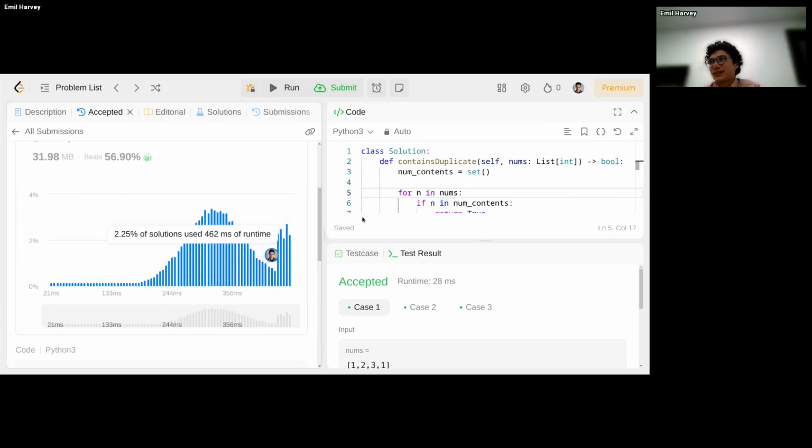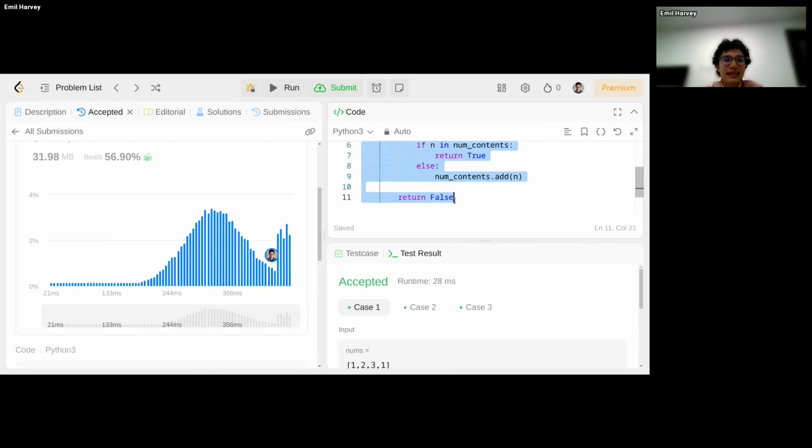Some guy thought of some clever way to make it faster. I could go back and make it better, but I'm not going to take that risk in an interview.